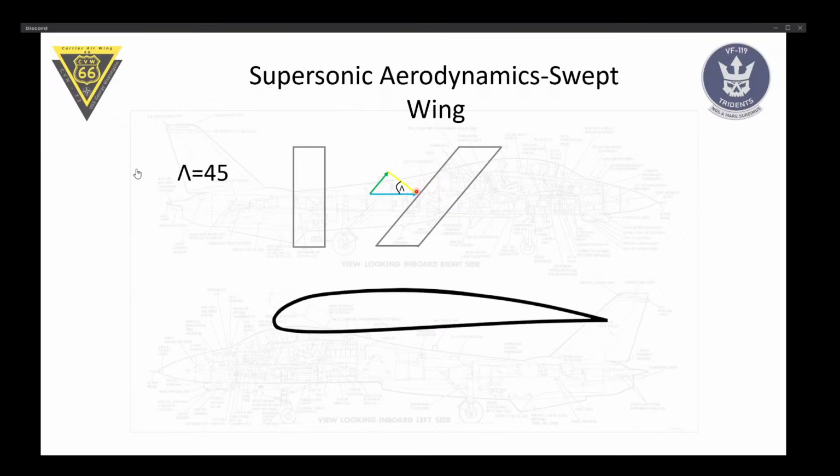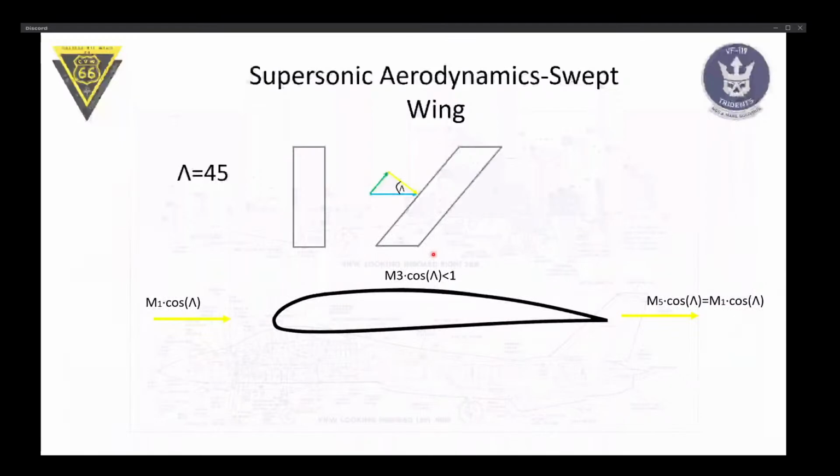So we have our airfoil, but now it's swept at the angle lambda, which is 45 degrees. The velocity that is aerodynamically effective is now M1 times cosine lambda, which in the case of 45 degrees is 0.7. Which means that the airflow at the same M1 that we had in the previous example is not going to go supersonic over the airfoil, because we are multiplying it by the cosine of the sweep angle, and this way we can delay the onset of these compressibility effects, and increase the so-called critical Mach